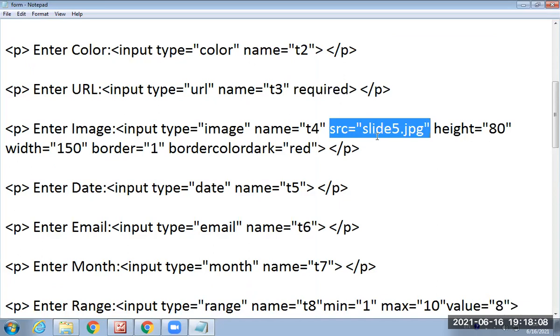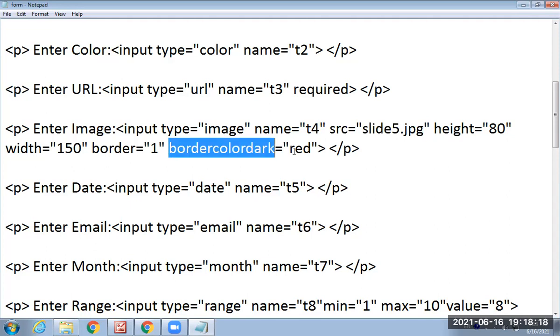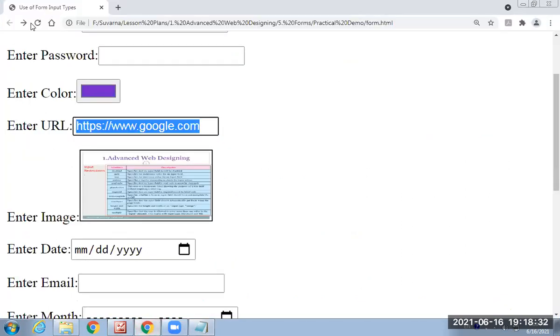Here, source equal to slide5.jpg. Then height and width of the file, border of the file, and here border color is not displayed. For that we have to use the CSS. Only we will use the border equal to 1. Now save this and again refresh it.